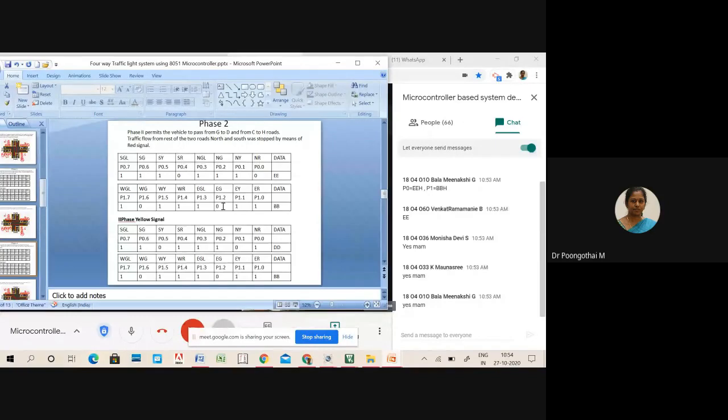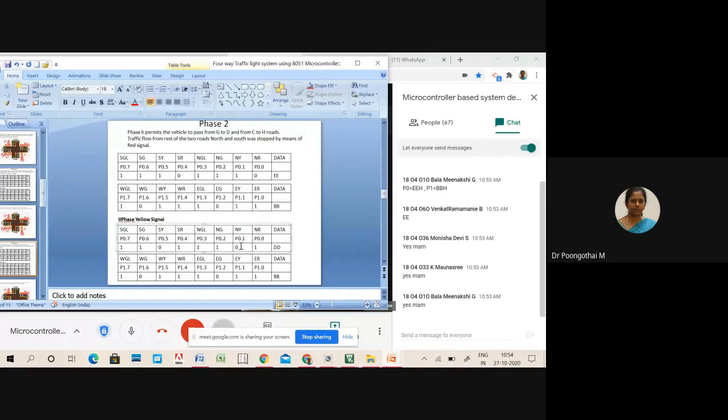And similarly, to pass the vehicles from east to west and west to east, you have to make EG equal to 0. Similarly, west green is 0. So the value you will be getting is EEB0. And from red to yellow, here NY should be turned on.